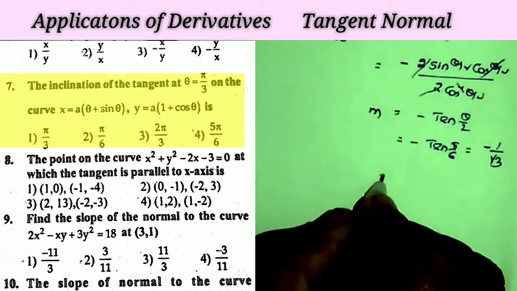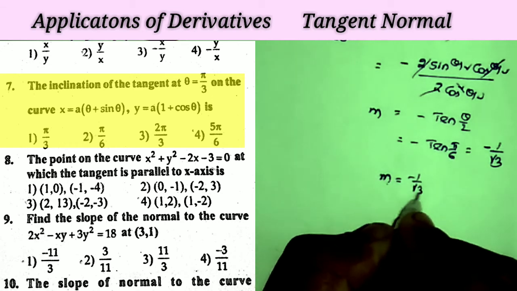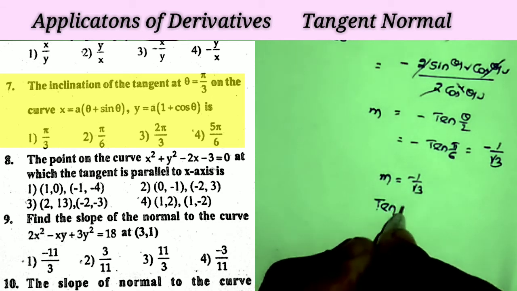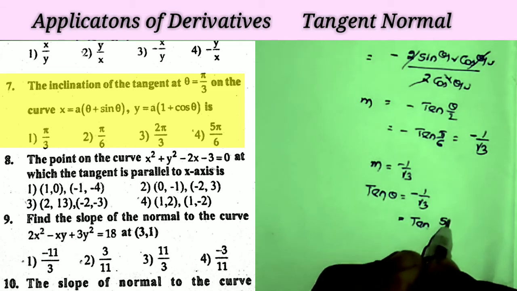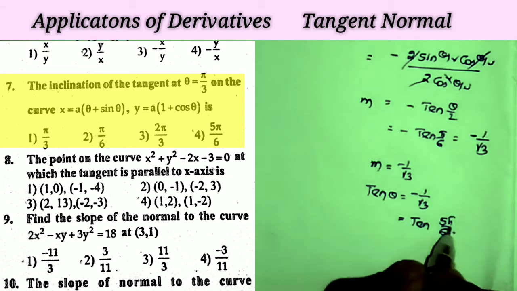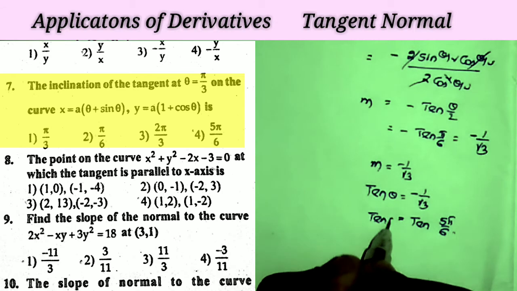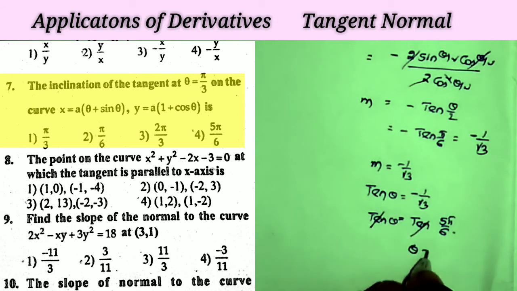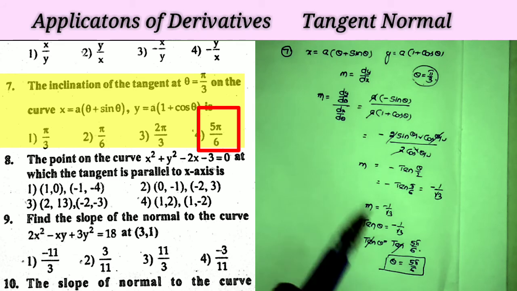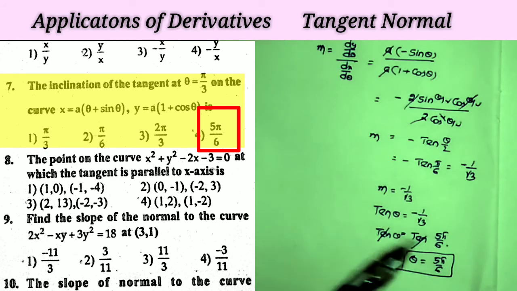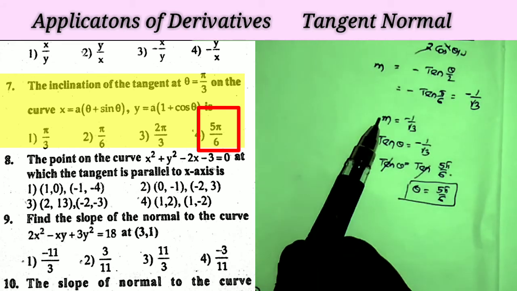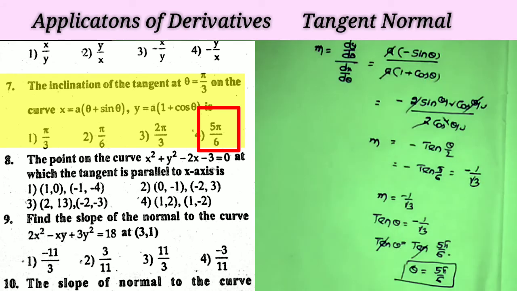What is the inclination? So m is equal to minus 1 by root 3 means, what is the m formula? Tan theta. Tan theta is equal to minus 1 by root 3, then theta is equal to 5 pi by 6. 180 minus 30. That is tan theta is equal to tan(180 minus 30), then theta is equal to 5 pi by 6. Inclination means simply first we have to take the slope value. In place of slope we write tan theta and form the theta value. Inclination is nothing but the theta. So from the slope value we have to take theta value, that is nothing but the inclination.